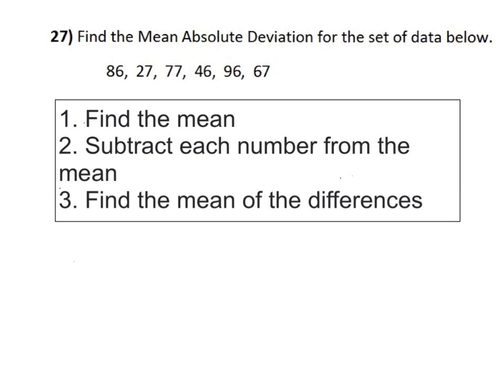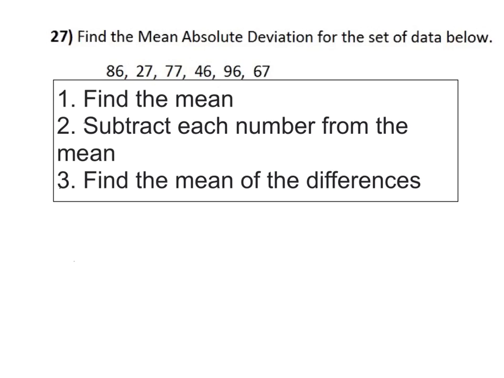And number 27. Find the mean absolute deviation for the set of data below. Step 1, find the mean. Step 2, subtract each number from the mean. Step 3, find the mean of the differences. So to find the mean, you add them all together and then divide by how many there are, which gives us a mean of